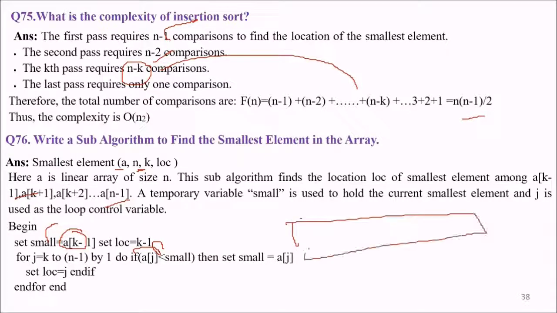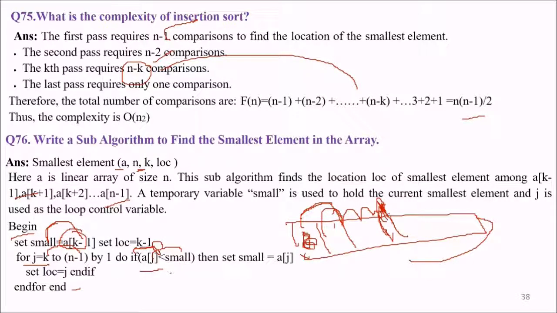See, if this is an array, what will we do here? We'll take this as the smallest, and then we compare this with each element. And once we find any element less than this, we assign that element to smallest, and we again iterate. We begin like this. We take a small element until location k-1 for the loop. We do it from k to n-1, and we compare. If we get an element which is less than smallest, we assign smallest to that element and the location as j.